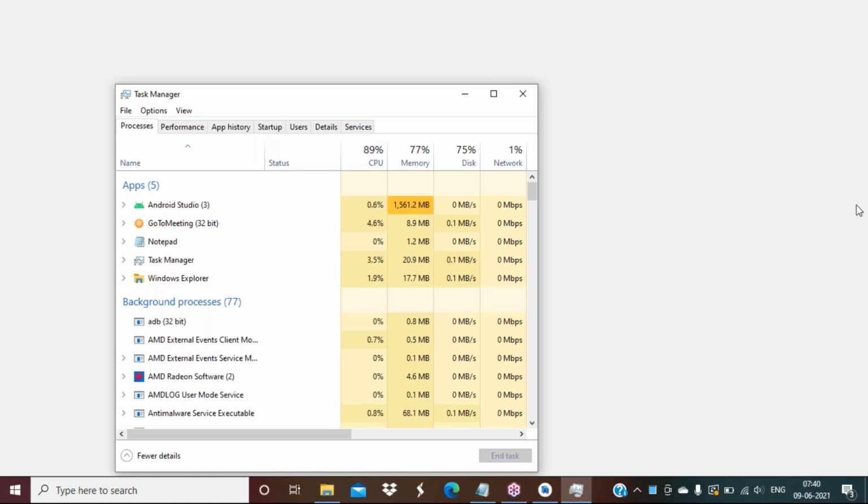We can't do anything. Android Studio is occupying a lot of memory, 77% here. In Task Manager, let me try to end these which are not required. Okay, I will end it. Let's see, because it will take a lot of time.